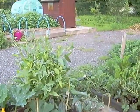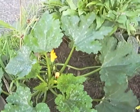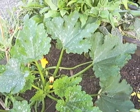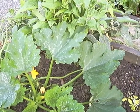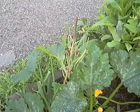Okay, I've trimmed back the comfrey bush as it was getting a bit big, and the courgette under there has now got a new lease of life. Before it was getting covered and squashed and it wasn't really producing anything. I've had a couple off it since, and the walking onion, I'm not sure if you can see that properly,